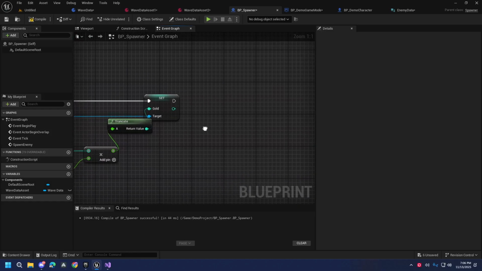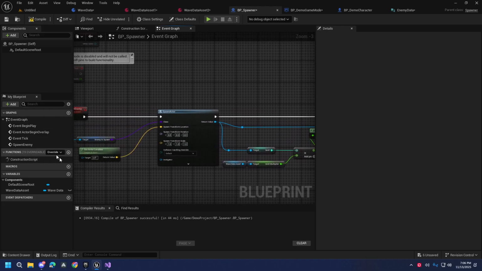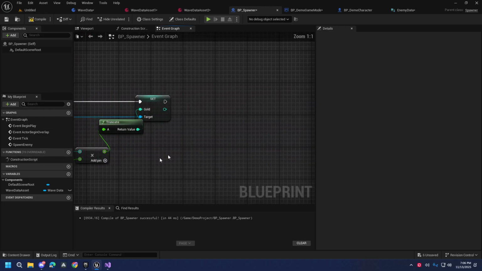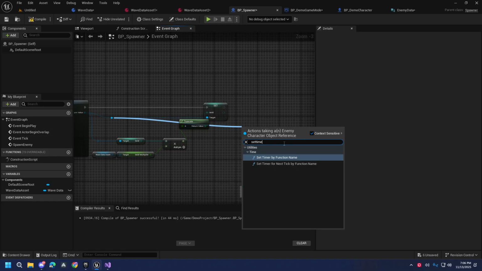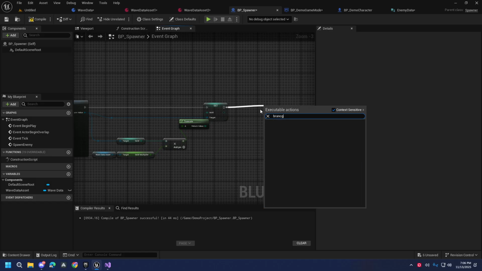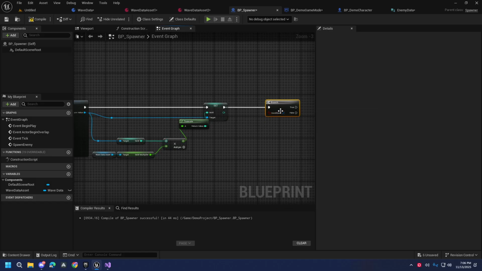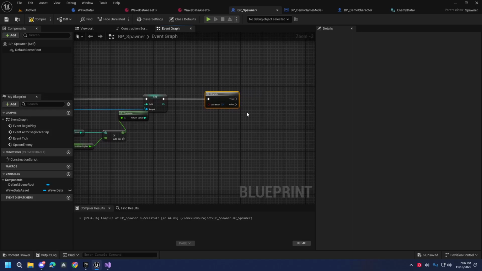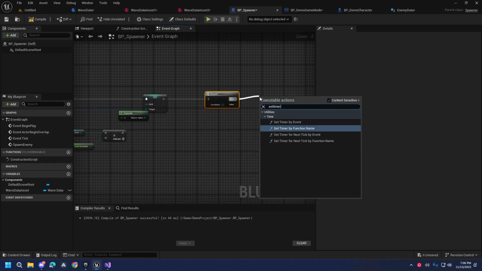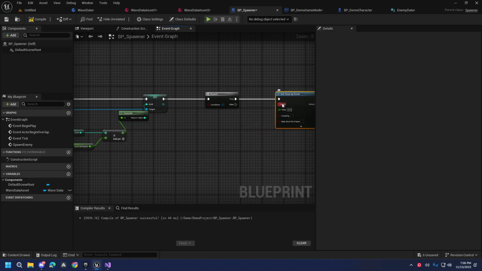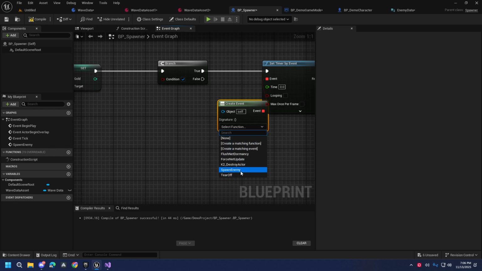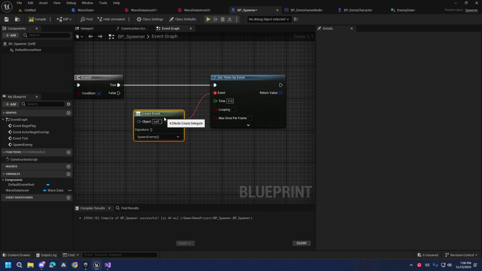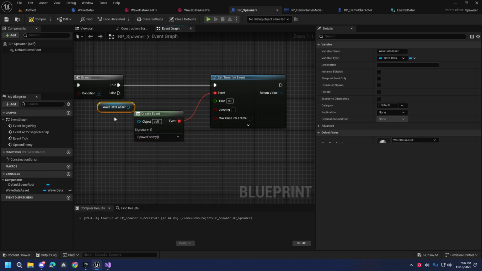Somehow you're going to have to count first, no? Kung ilan na spawn mo. And then after all of that, set timer by, you have a branch here. And if this is true, meaning you still have more to spawn, you'll set timer by event. This is the spawn wave, spawn enemy. The timer would be